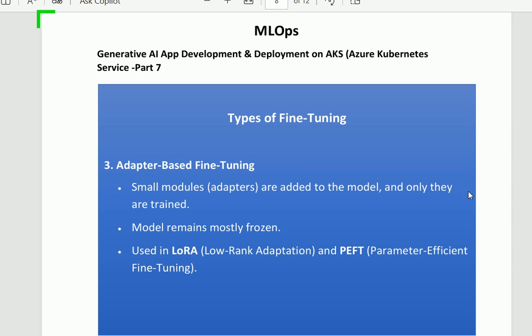Small modules, adapters, are added to the model and only those are trained. The model remains mostly frozen. It is used in LoRA, low-rank adaptation, and PEFT, parameter-efficient fine-tuning. So adapter-based fine-tuning is the third type of fine-tuning.